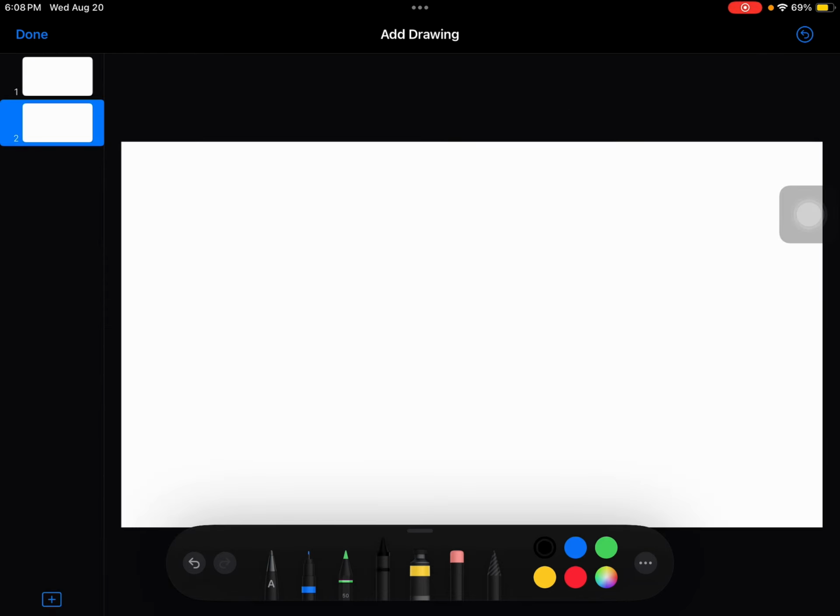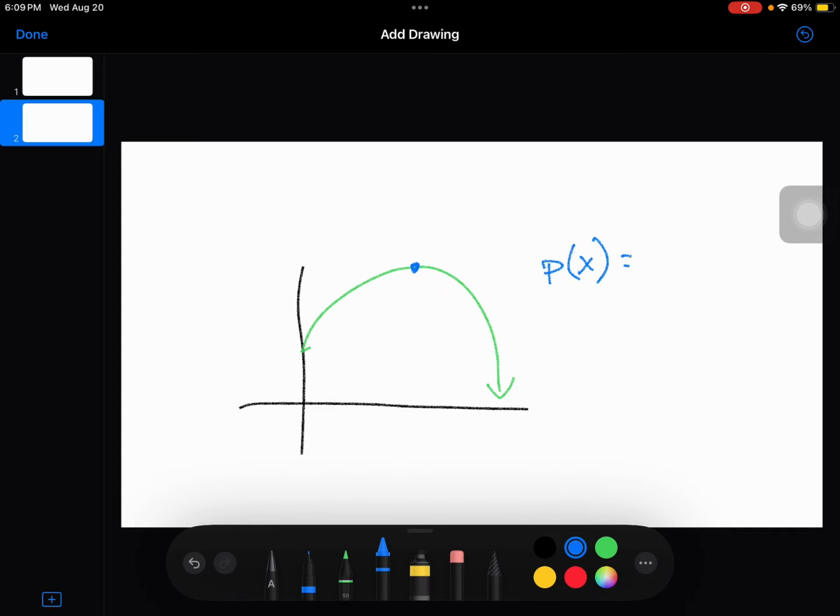Oftentimes in real life there will be projectile motion, so something goes up and comes down, or there might be a profit maximization problem where, given maybe a demand price model, we're asked to find optimal revenue, or the point of diminishing returns, which we can do using calculus. Say we've got the profit function given x quantity sold is going to be equal to negative